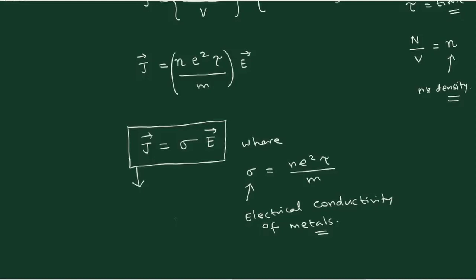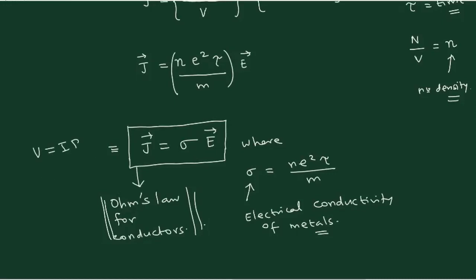Our conclusion is that this equation is known as Ohm's law for conductors. This is the same equation which is equivalent to a familiar equation which you already know, V equal to IR. Because this equation V equal to IR is quite common, and it is frequently used when you are having circuits. If you know the resistance of something and the current passing in the circuit, then it is fine. This equation is the Ohm's law that you are using.